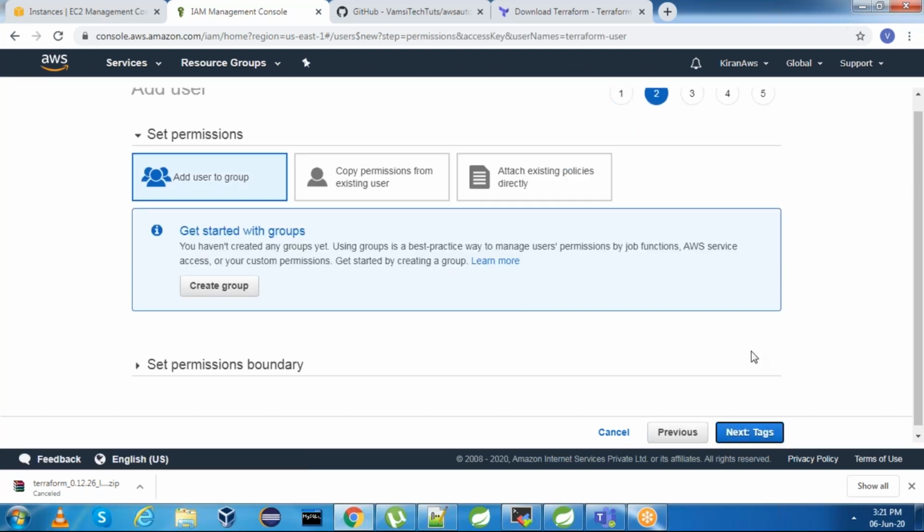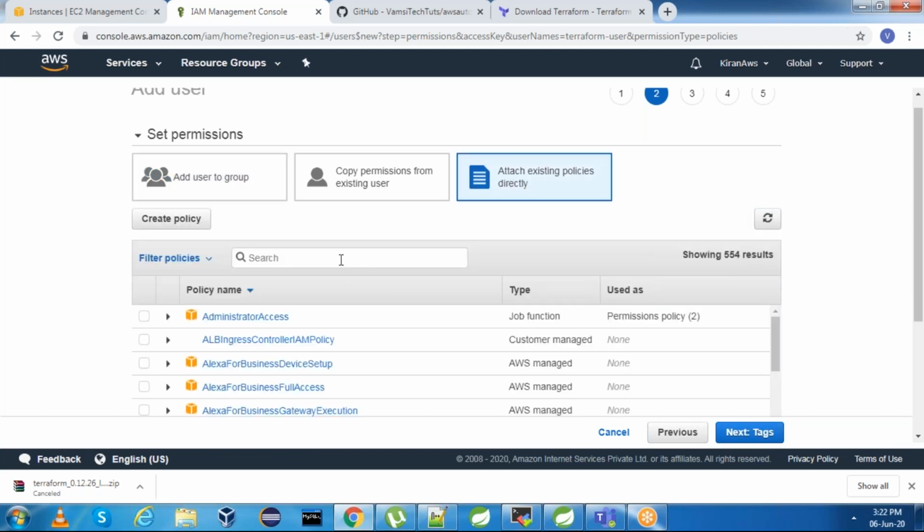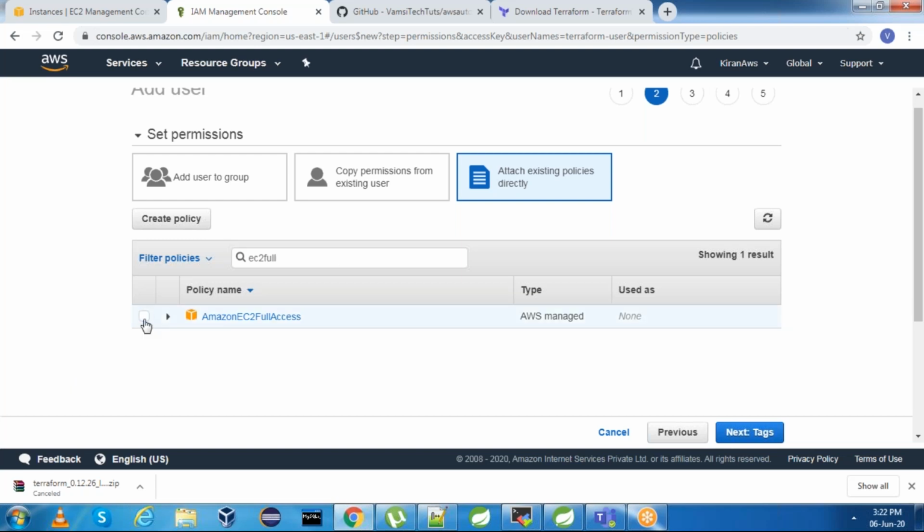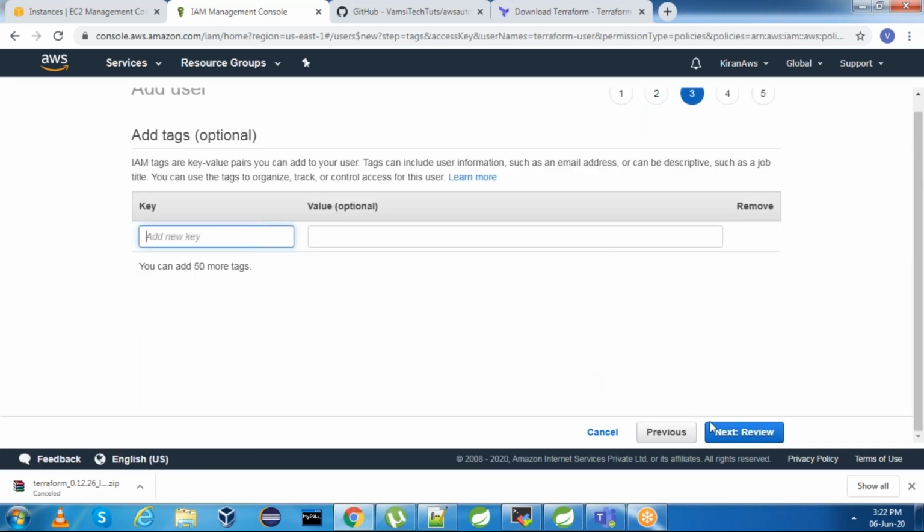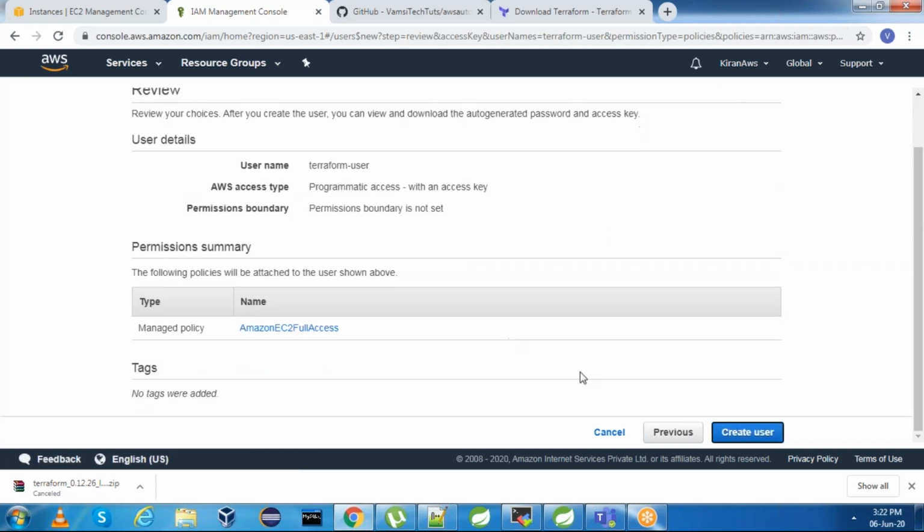Next, permission. We have to provide permission for that user. I am selecting the option attach existing policies directly. Here select EC2 full access. I am just giving the permission for Amazon EC2. I am not giving for any other services because I want to create only an EC2 instance for this particular use case. Next, tags. Next, review and create user.